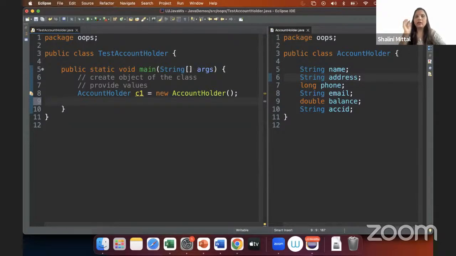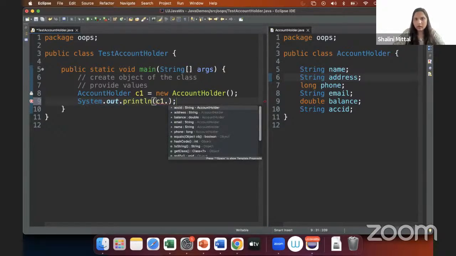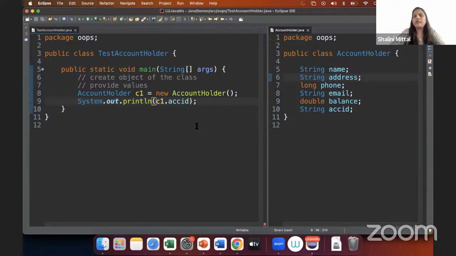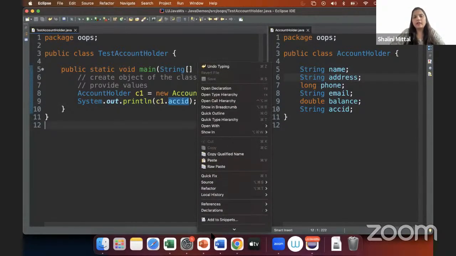That is where I say account holder customer one equals new account holder. Of course, if I go ahead and say sysout C1 dot account ID,